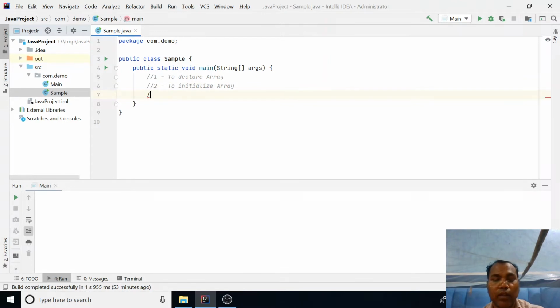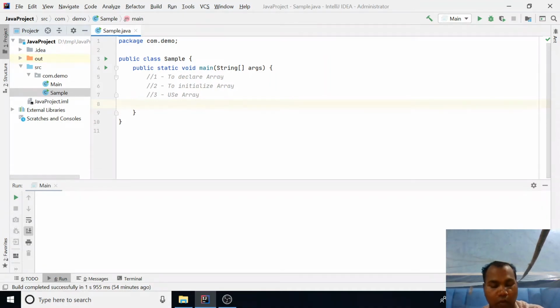And the final, third point, use the array. So here is the basic syntax of how to declare an array.